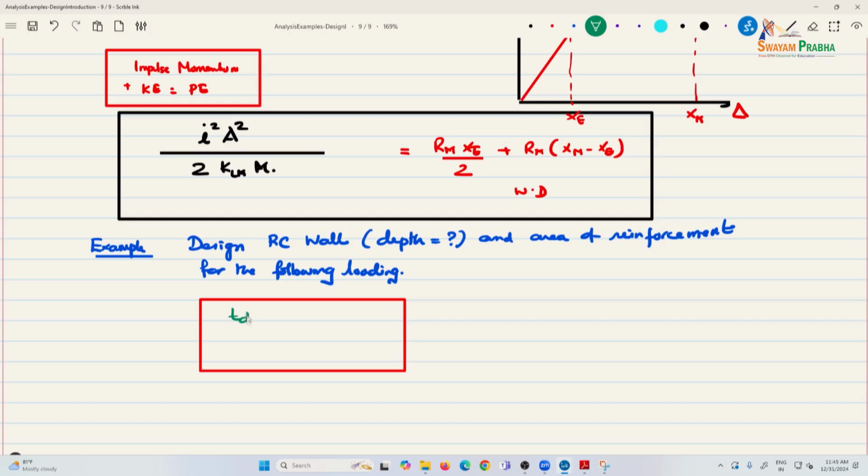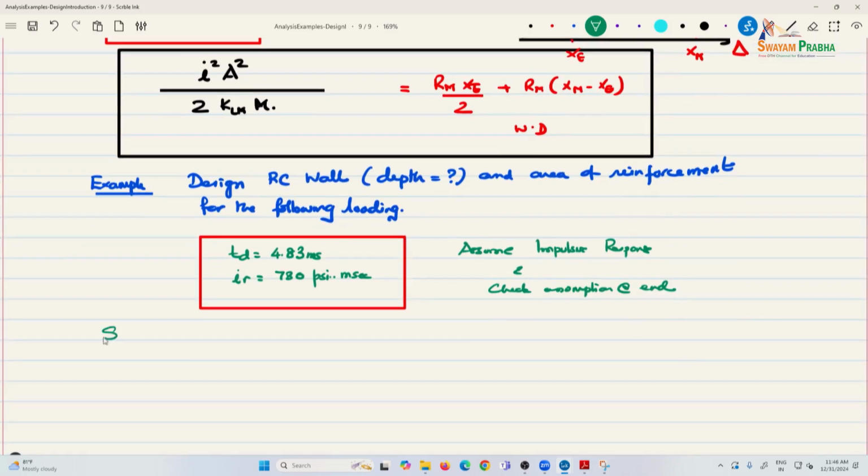It is given that TD is equal to 4.83 milliseconds and IR is 730 psi milliseconds. So we assume impulsive response and check the assumption at the end. Hopefully, they match up. So, first step here is